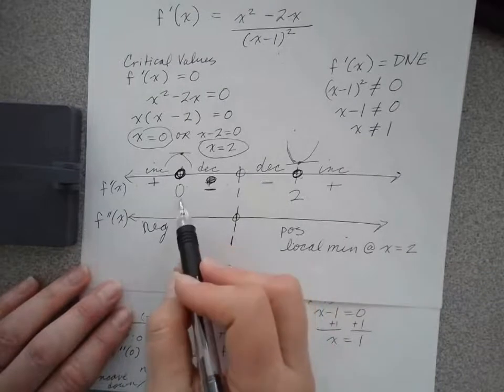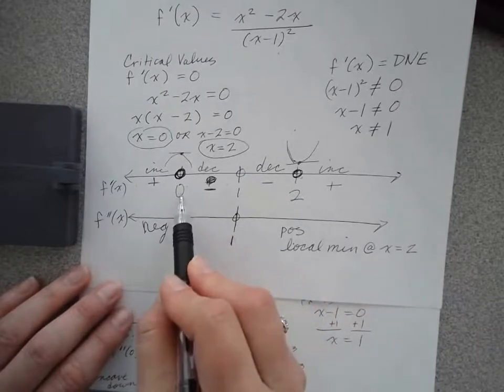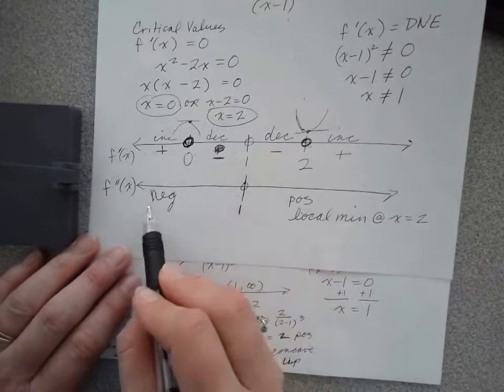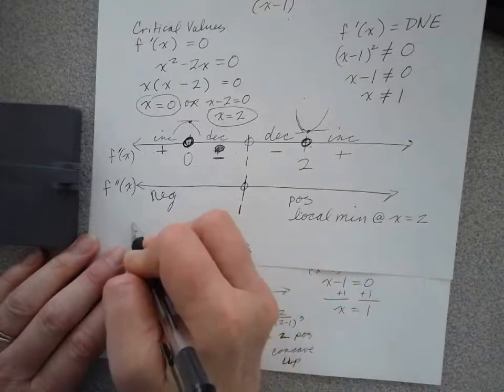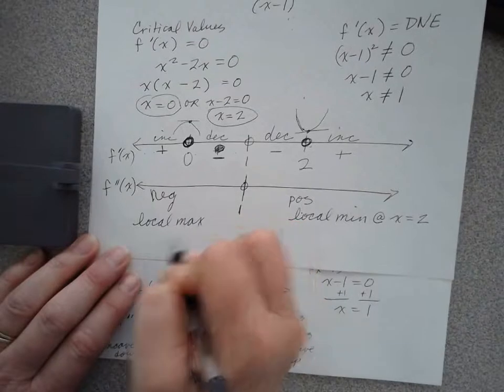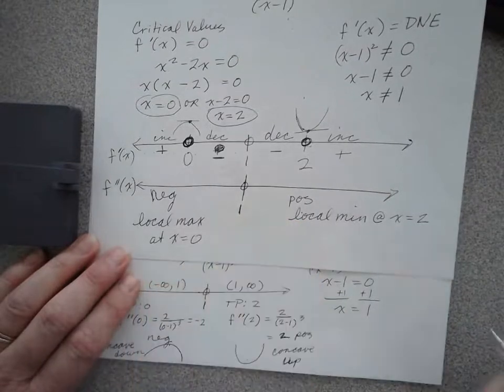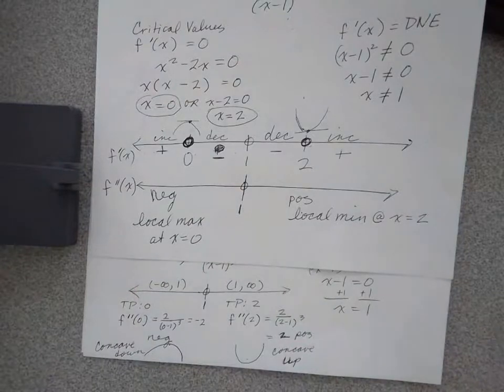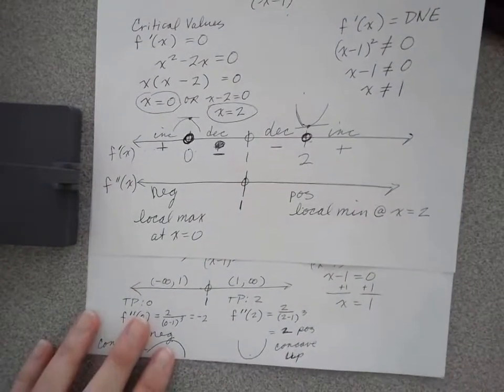And then it says if the first derivative is equal to 0 and the second derivative is negative, then there's a local max at x equals 0. All right, so that's the